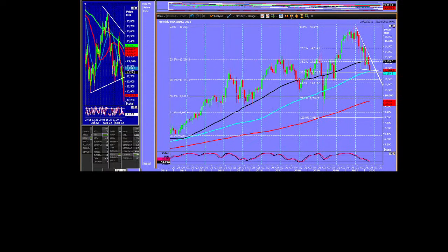So just watch that on the DAX. Look, maybe that will hold. Maybe I'm wrong. Maybe we won't crash. Maybe we'll bounce off that, and the crash will be delayed, or maybe we won't get a crash at all. But so there you go. That's going to be really important. 12,100 or 12,200 down to 12,100 is now absolutely, really, really important in the DAX.